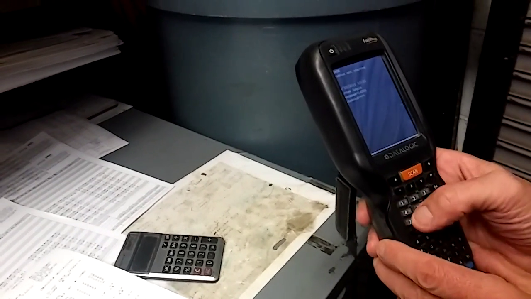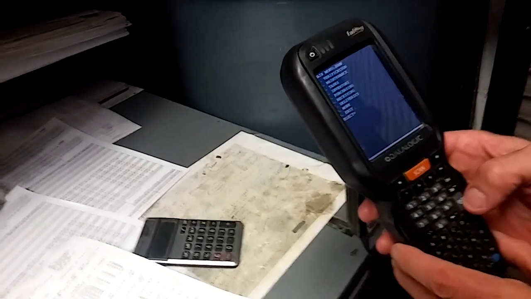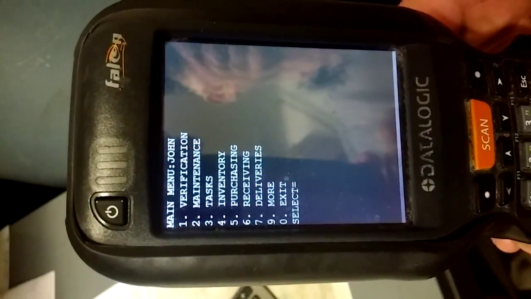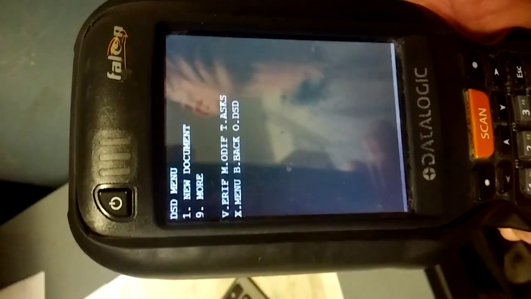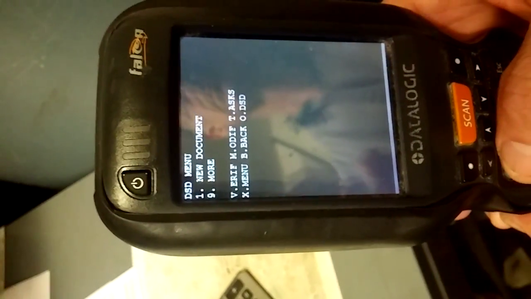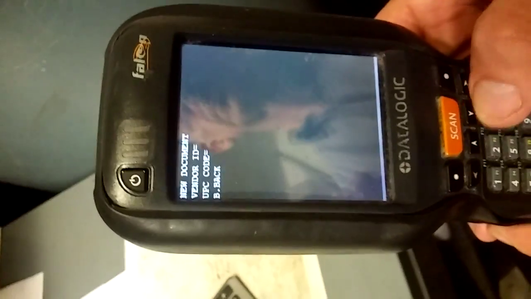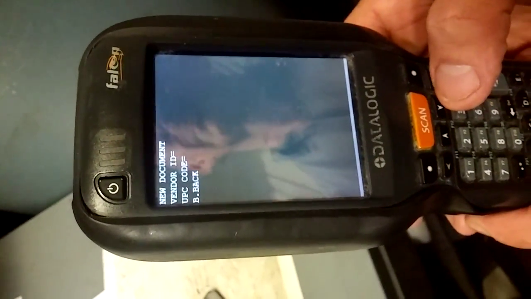So we're going to log in. Okay. Receiving DSD. That is under number 7, deliveries. New document. Okay. 1. Now we're going to skip down to the UPC code, hit your down arrow, and now